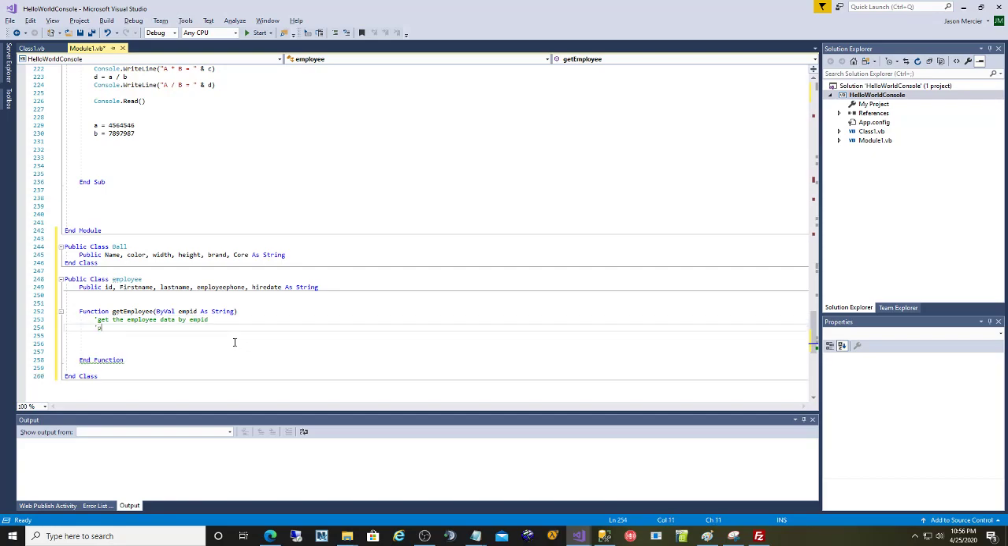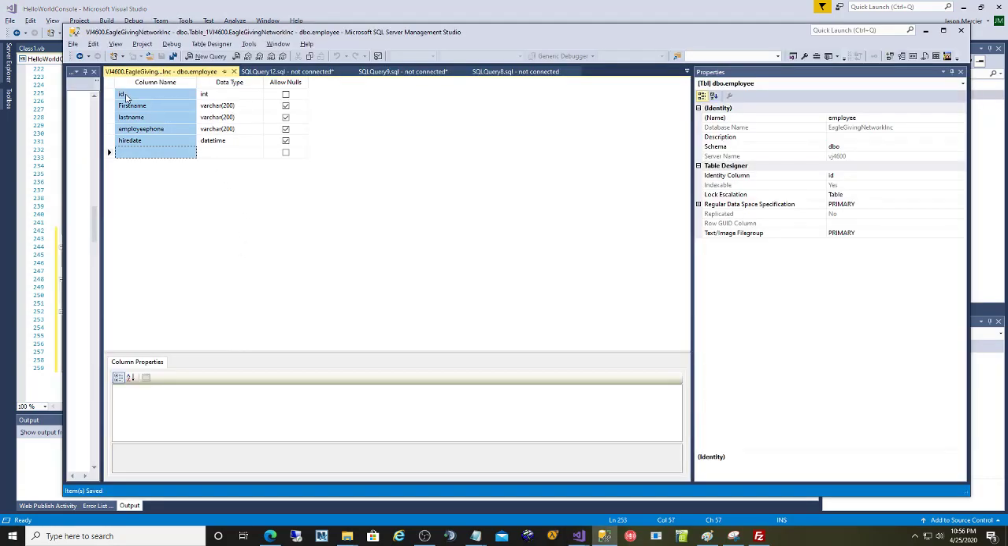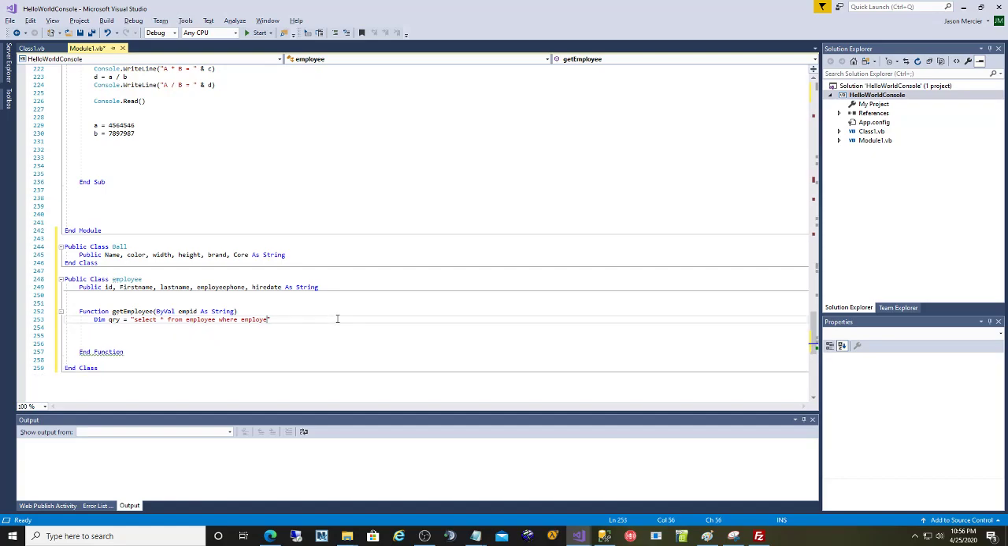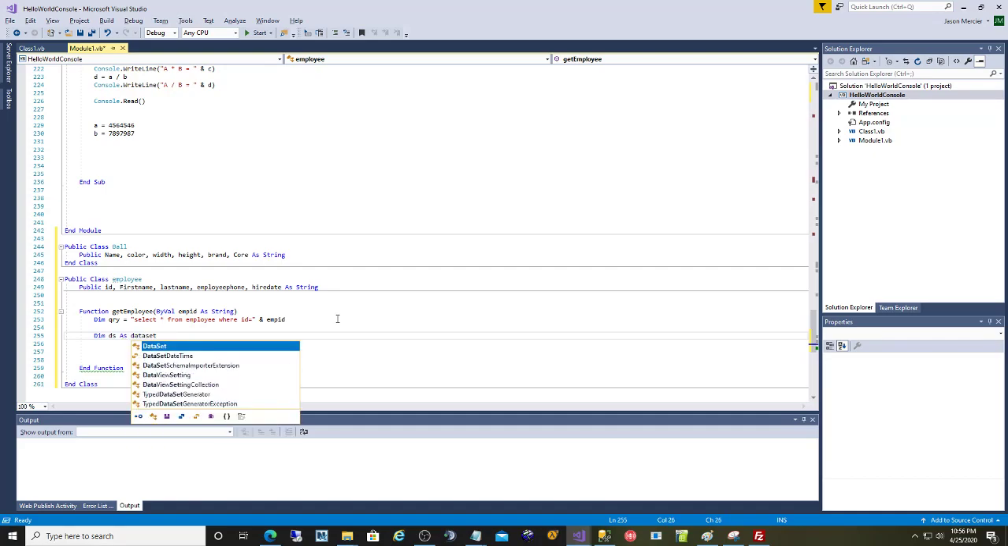We're going to put it into, so actually let me write out. So dim query equals select star from employee, right? Where ID equals empID, right? So now what I'm doing is just a basic query, and then dim ds as data set equals